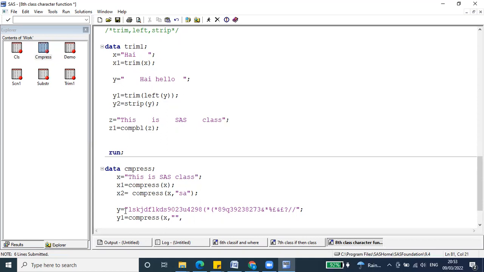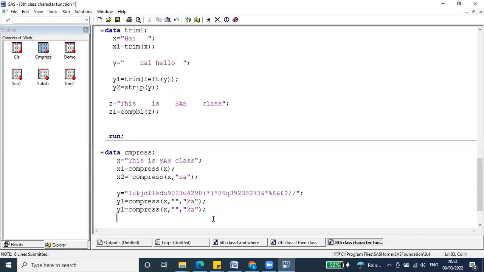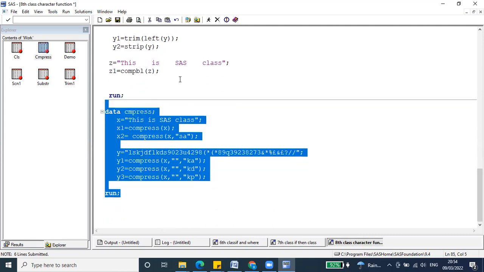Nothing you need to declare. For the second argument, you can just declare double quotations. After that, I'm declaring Ka, and next Kd, Kp. So when I execute this program,